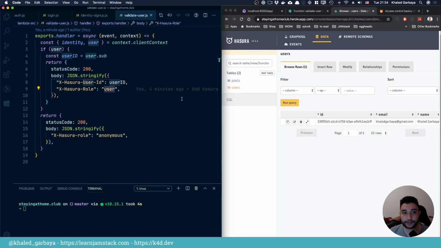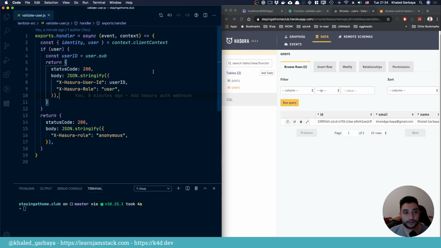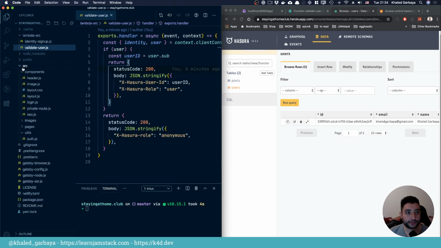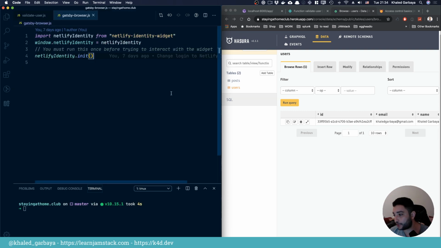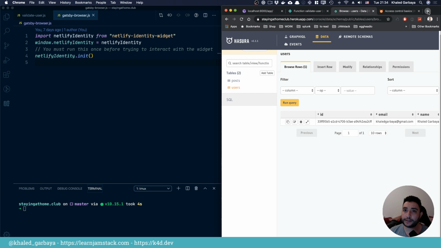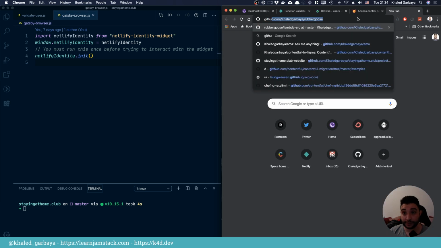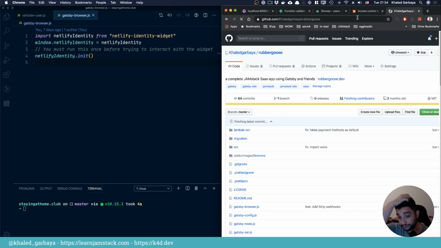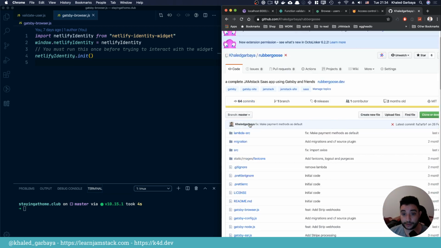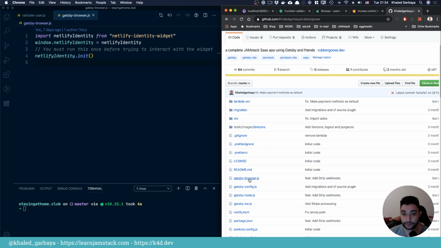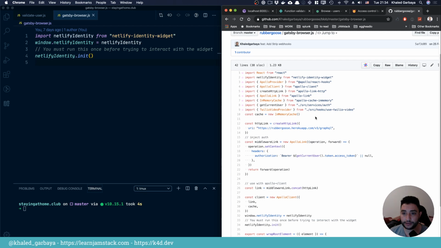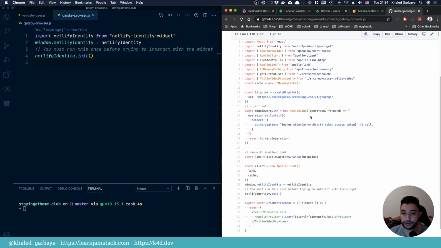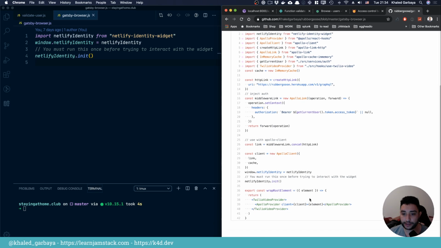So now we have that, let's go to Gatsby browser and set up some more stuff. So here we need to set up Apollo GraphQL, and for the sake of time, I already done this like 10 million times. So what we can do is just go and copy some code from what I did in here. We will need few dependencies, I guess,